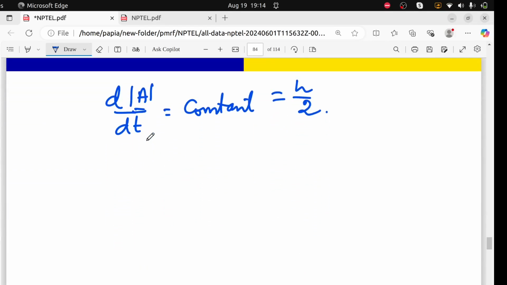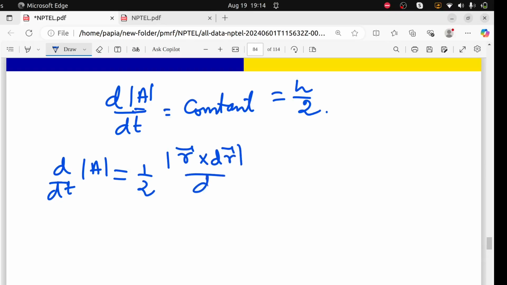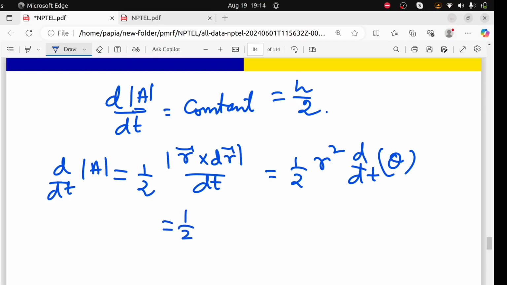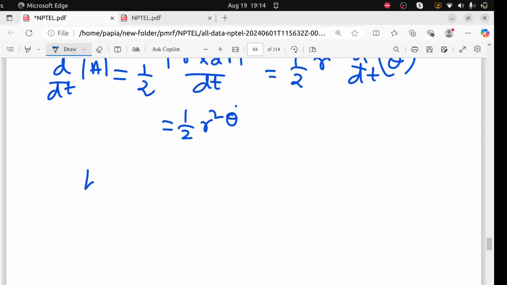Maybe I can write the derivation of that. So dA is half r times r dθ, so it can be written as half r squared dθ. So you can see that dA/dt is half r squared θ dot, and we have h as r squared θ dot, and h is